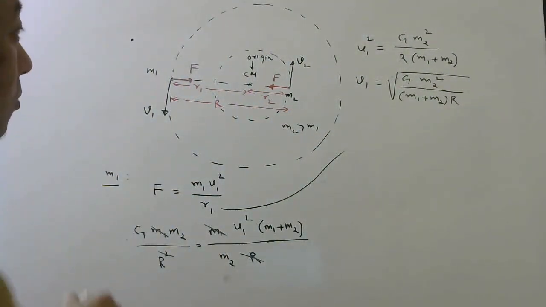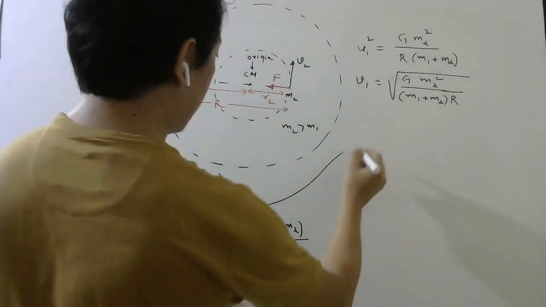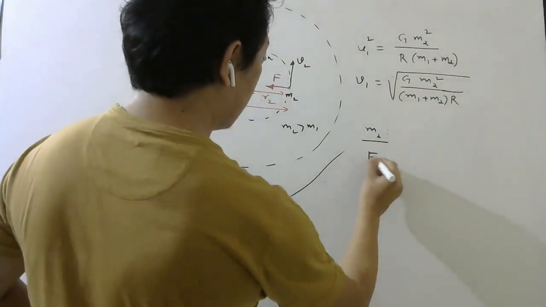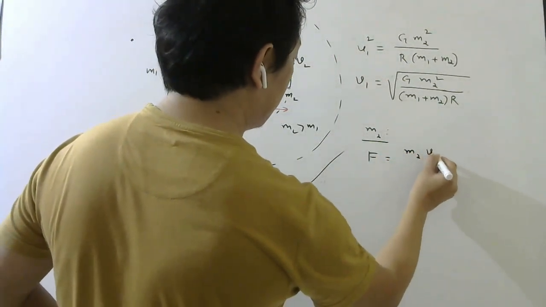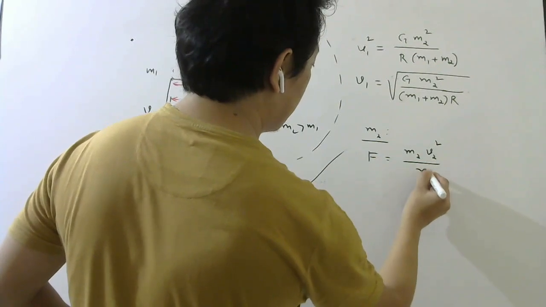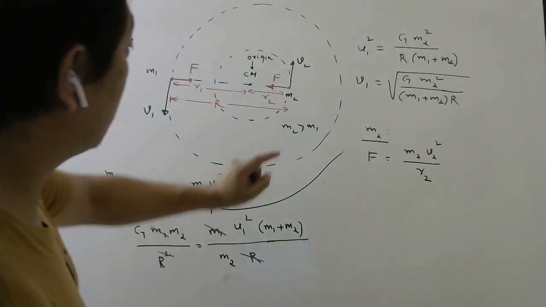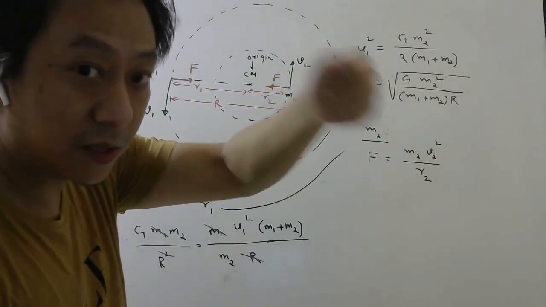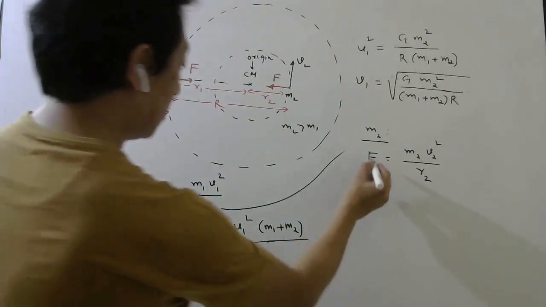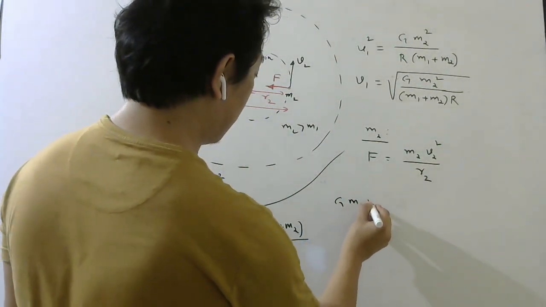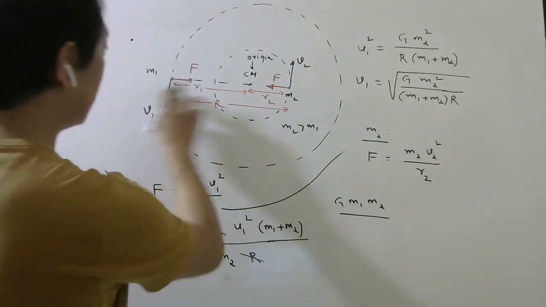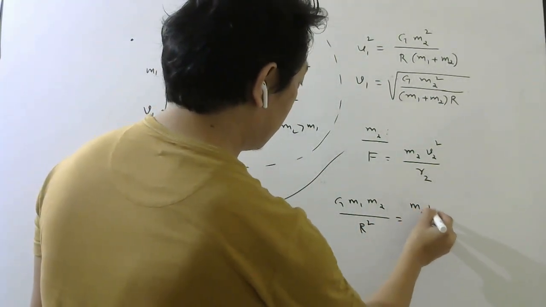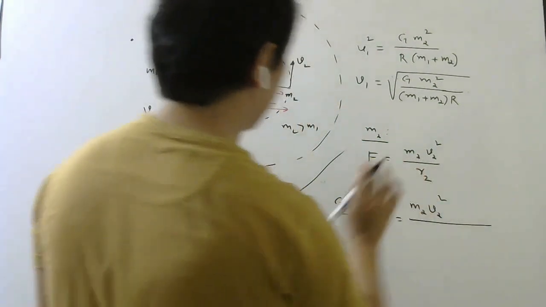So for v2 you can directly substitute, or we can do it this way. Look here. For m2 also, the same force will provide centripetal force. So m2 v2 square by radius of the second orbit. For the second particle, it is moving in this circle. So in centripetal force, we have to write the radius of the circular orbit, which is r2. So F is G m1 m2 by the distance between them, equals m2 v2 square by r2.